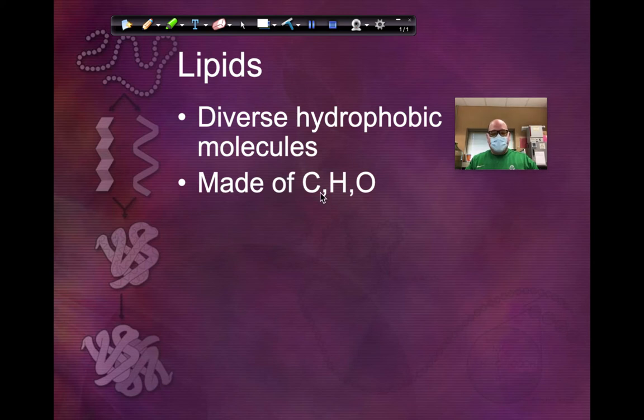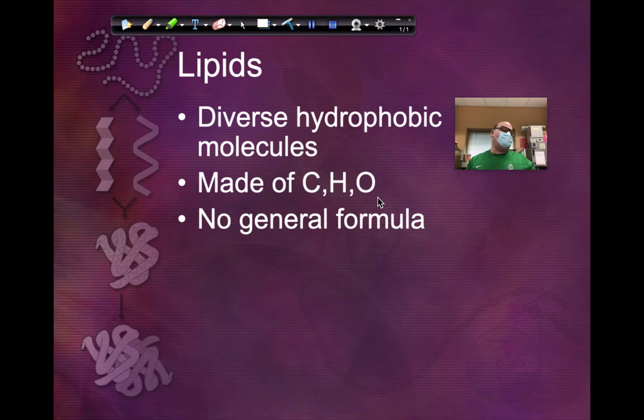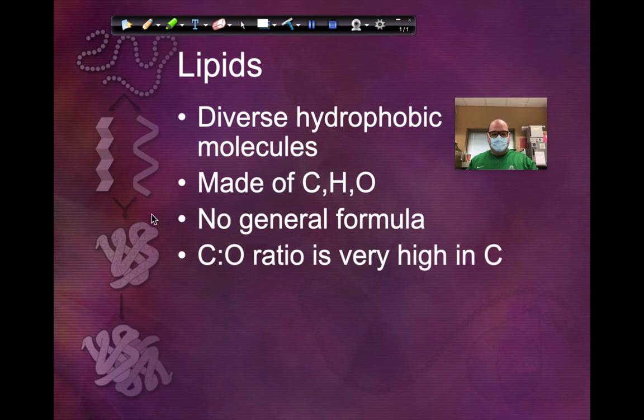Just like we talked about before, lipids are made out of carbon, hydrogen, and oxygen, and sometimes phosphorus. There's no general formula. So for sugars, it was CxH2xOx, and we could tell it was a sugar if it met that rule. It's not easy for lipids, but we'll give you some ways to recognize them. They have a really high ratio of carbon and oxygen,